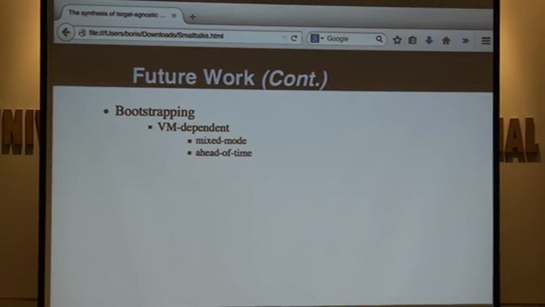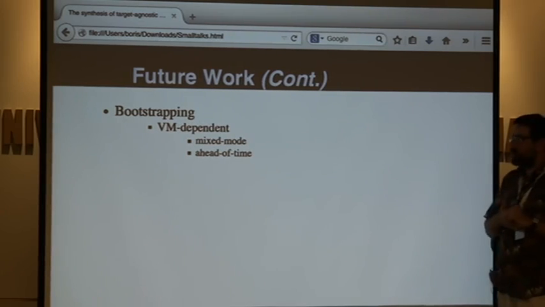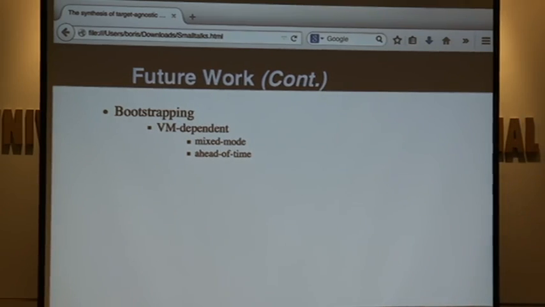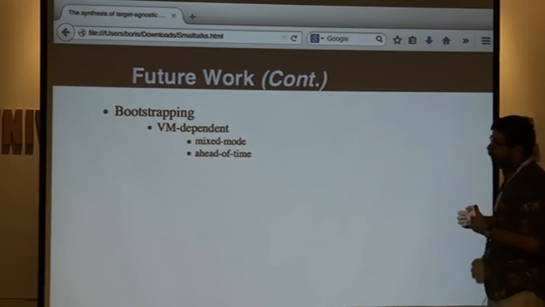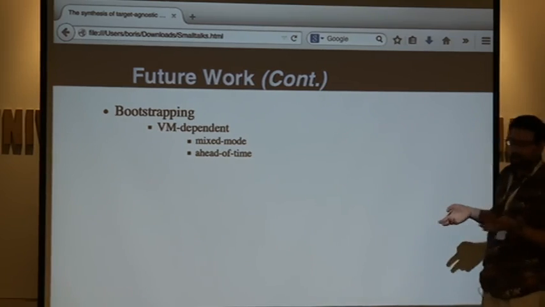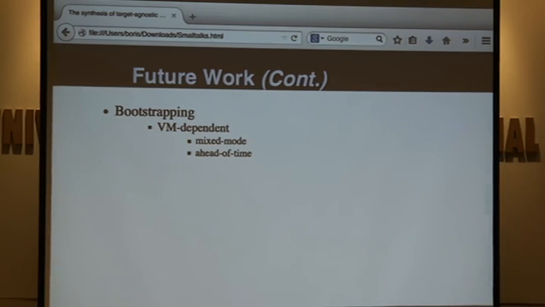An interesting thing is how do you bootstrap a system like that? Obviously, what we want to do is VM dependent. For different VMs, we want to write it specifically for that VM. I can think of two approaches. One is mixed mode. You have interpretation and JIT in the same VM. You can start interpreting, and then when you have enough, you can bootstrap that way.